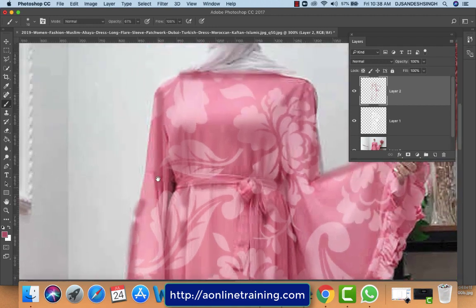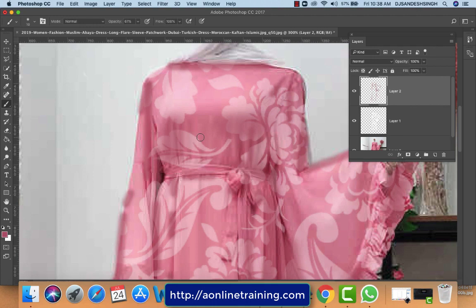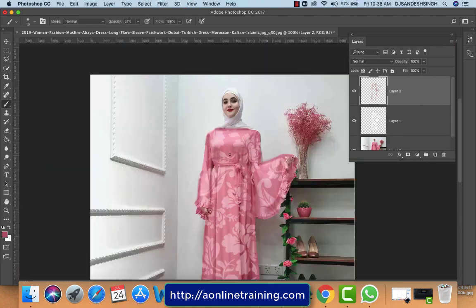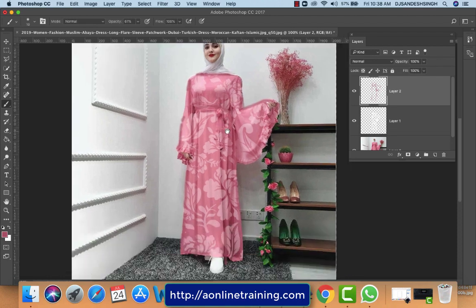After giving all the shades on the fabric in the new layer, we can see how much depth comes. Select this layer after completing the shades over the folds, and then reduce the opacity to see how much depth is right. You can adjust this opacity accordingly.